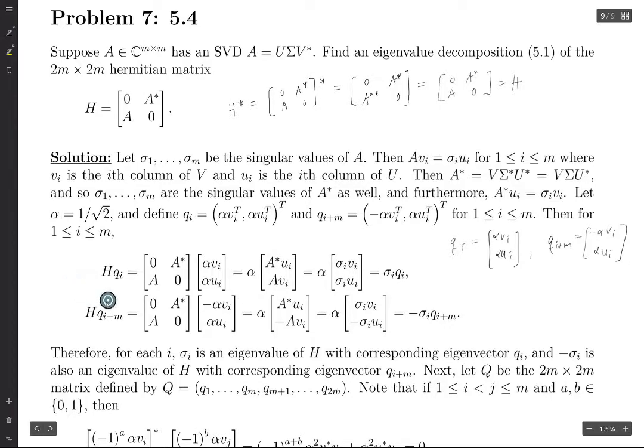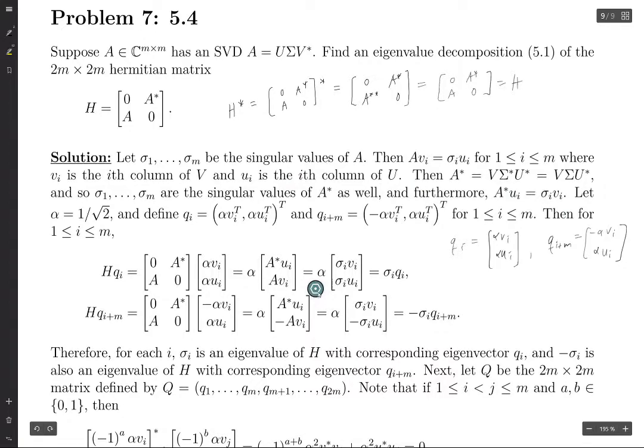Okay, so then for each i, we can evaluate this thing, and this is written a little weird, and that's because I didn't realize until I was writing out this problem that I needed to include this scalar alpha in here in order to make these vectors orthonormal. And so H Qi is just this times this, because this vector is Qi, and we can pull the alpha outside, and then when we do the multiplication, we have A star Ui and A times Vi, and then we use these two equations that we have from before,